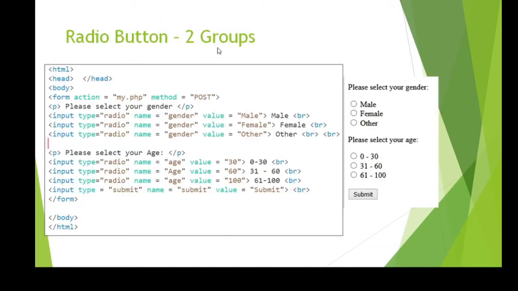Suppose I want to have two groups of radio buttons like this. You want to select a gender and you want to select your age. We can have any number of groups like this, but you have to differentiate the groups by the name of the radio buttons. So all these are grouped under the name gender and these are all grouped under the name age. So here everything must be of the same thing, but since HTML is case sensitive, you can give it like this.